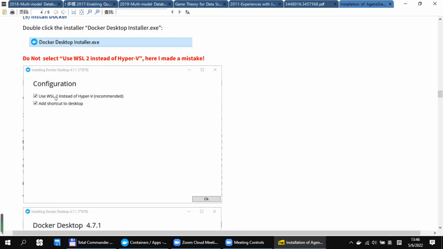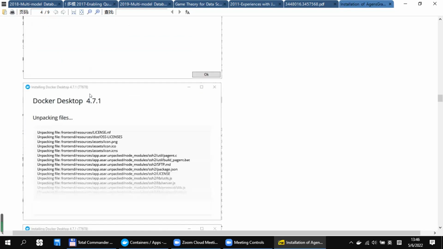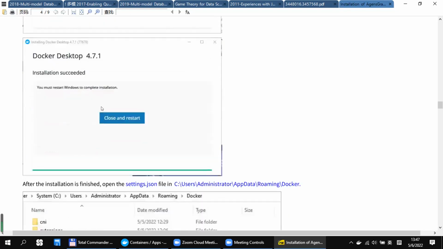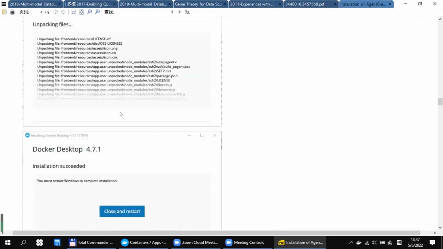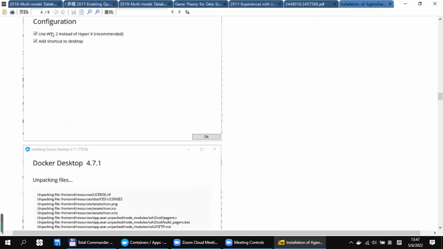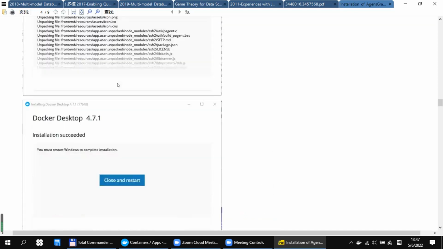But if you use WSL2, then of course you should select this option, and you just wait some time, and finally click close and restart your computer. Because I will not use WSL2, but use Hyper-V, I need to